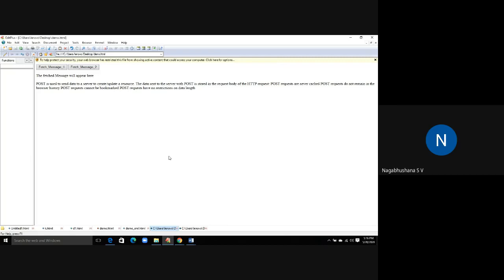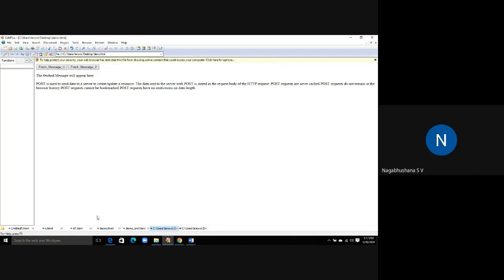In traditional web applications, you have to send two different requests, where there will be a burden on the server. But here, if you are using Ajax, these two requests are combined and sent as one request. By the time the processing happens for fetch message one, the request for message two will be sent to the server. This process happens in the background.